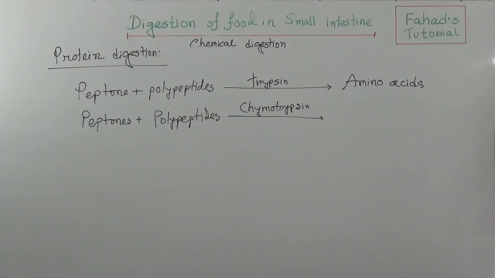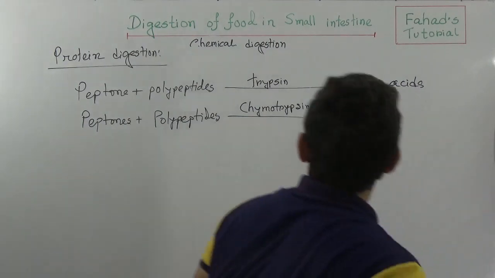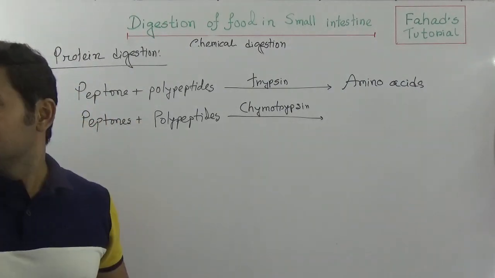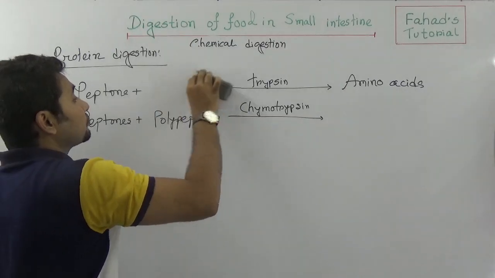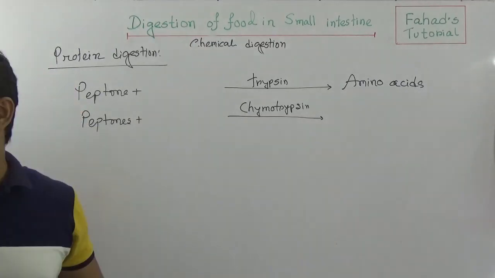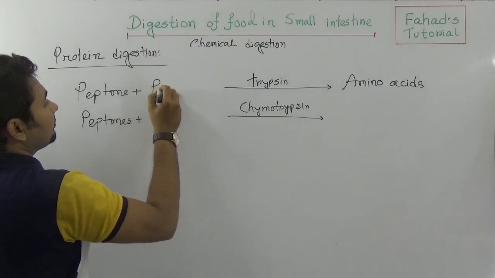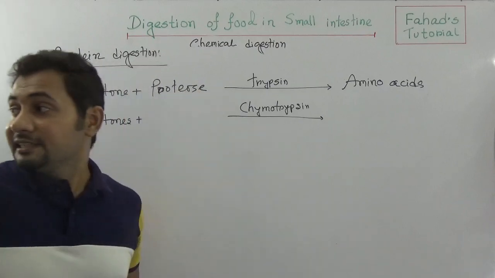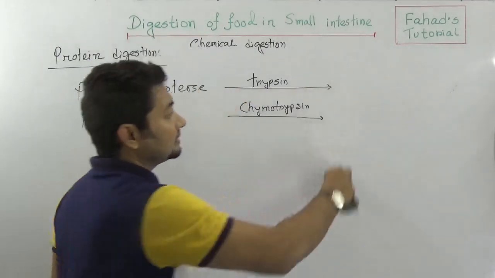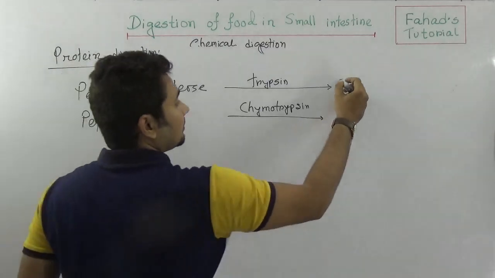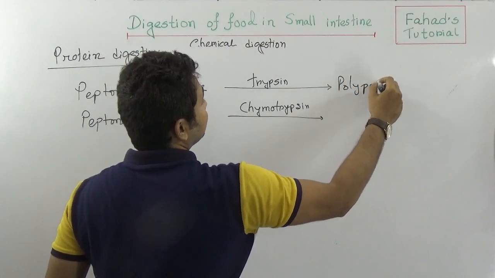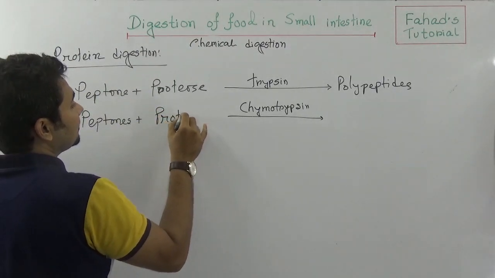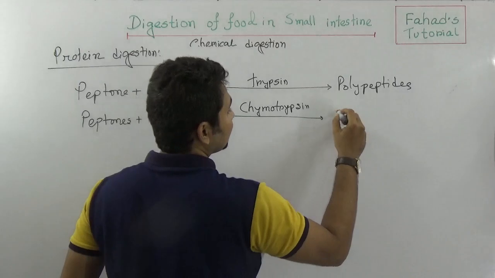The proteins and polypeptides, that is actually peptones, that is not polypeptides, because peptones and proteoses, this is proteose, that would be polypeptides. Now firstly trypsin makes it into polypeptides, and then in a similar way it produces with the chymotrypsin,